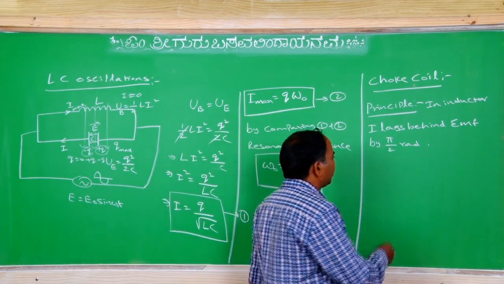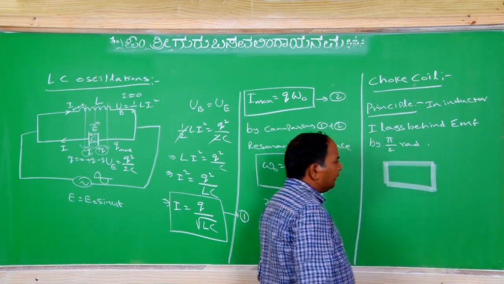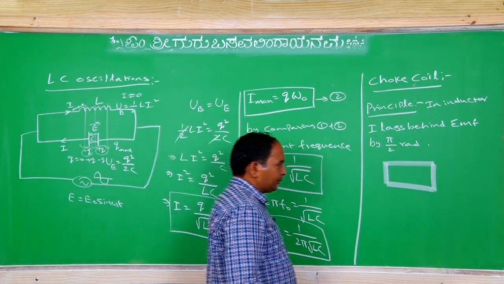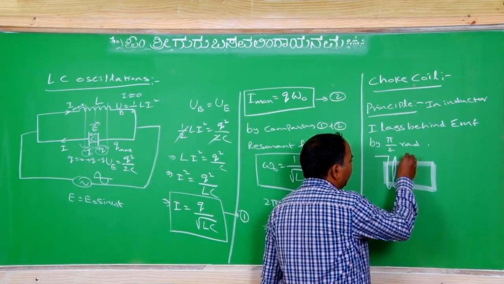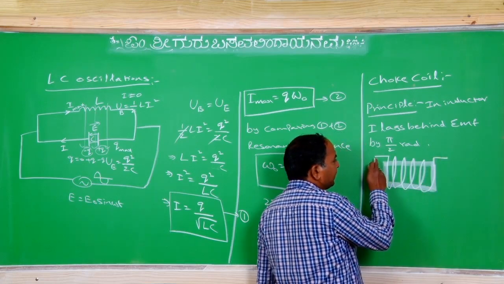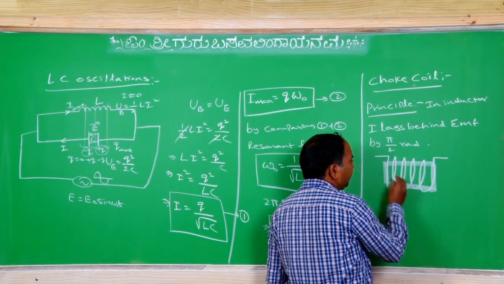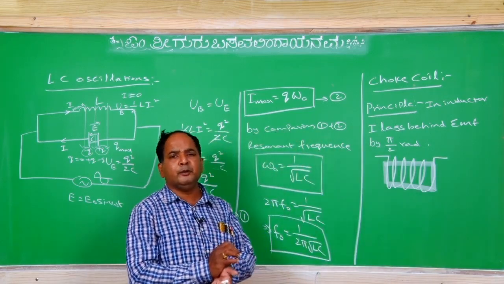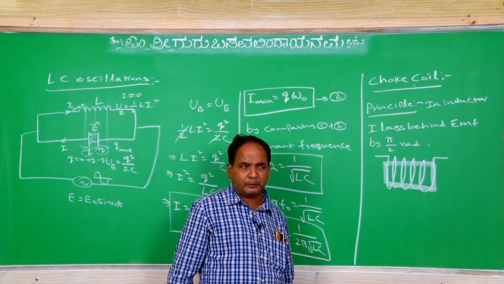So in the case of a choke coil, one rectangular frame will be there, or sometimes one cylindrical frame we may use. On this frame, the wire is wound. This wire is connected to one terminal of the tube and the other end is connected to the other terminal of the tube. Inside this there is a core, where a material like iron may be used, or air also may be used.